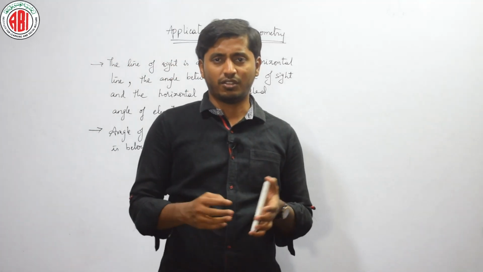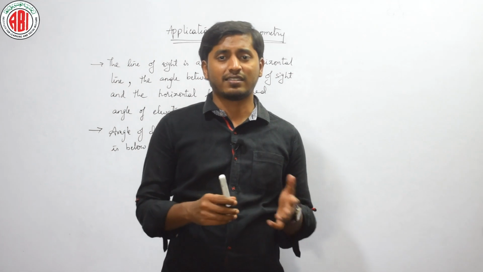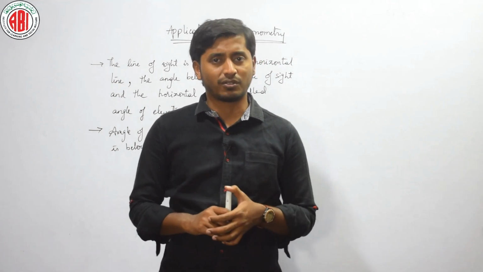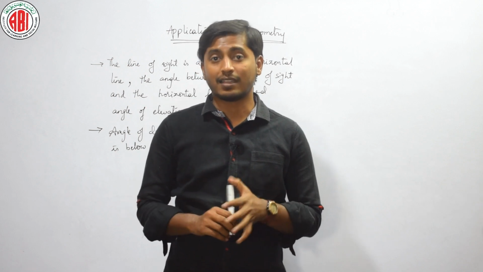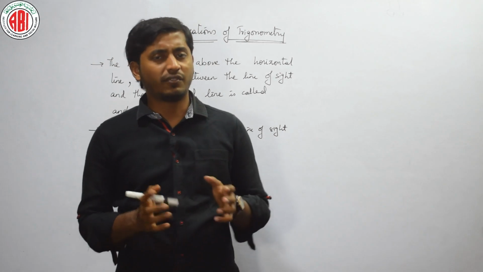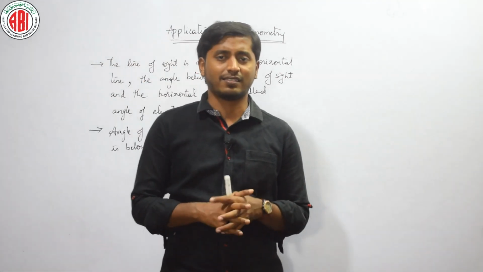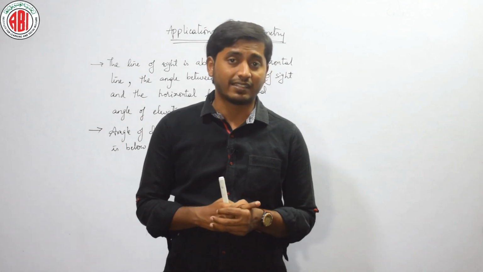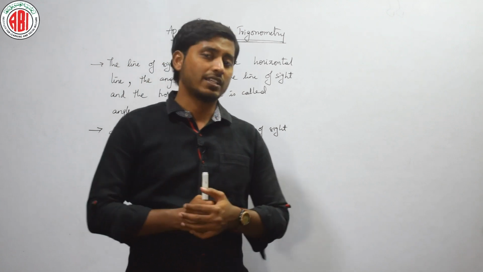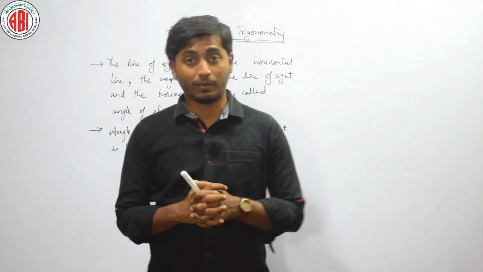What is trigonometry? You would have learned about different concepts of trigonometry, right? You have seen what is sine, what is cos and different trigonometric ratios. We have solved a few problems also. We learned the basic angles such as 0, 30, 60, 45 and 90, right? We have learned the different ratios, sine 45, sine 30 and others. And we have seen the identities such as sine square plus cos square equal to 1, secant square minus tan square equal to 1, cosecant square minus cot square equal to 1. Based on this, we have solved a few proving problems also.